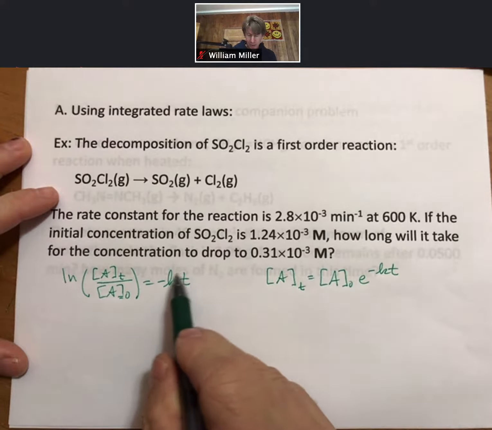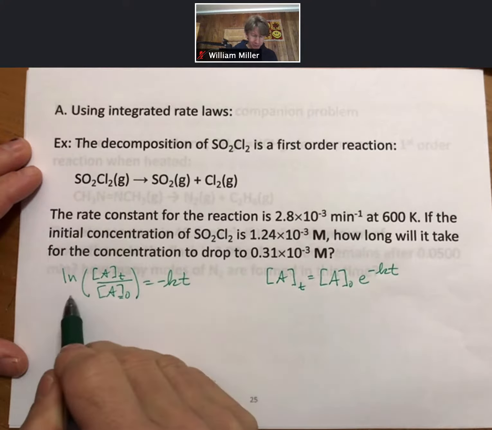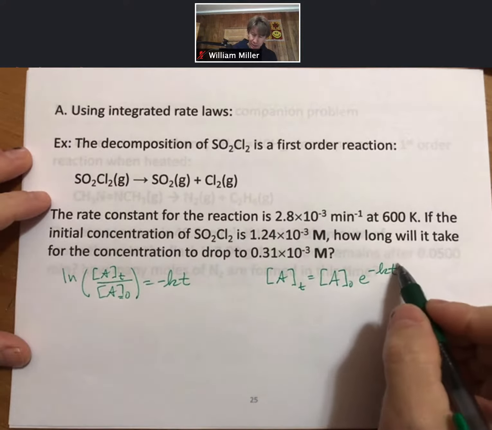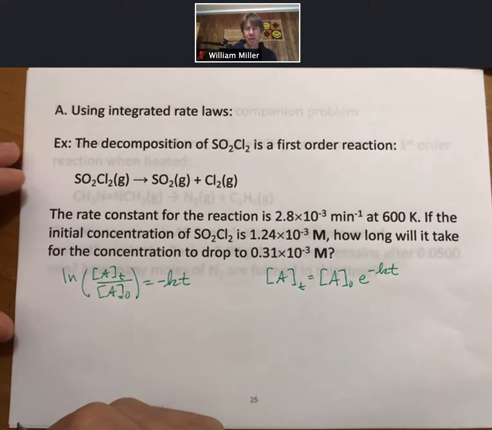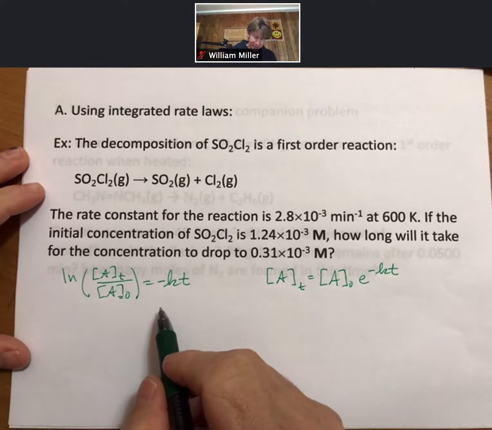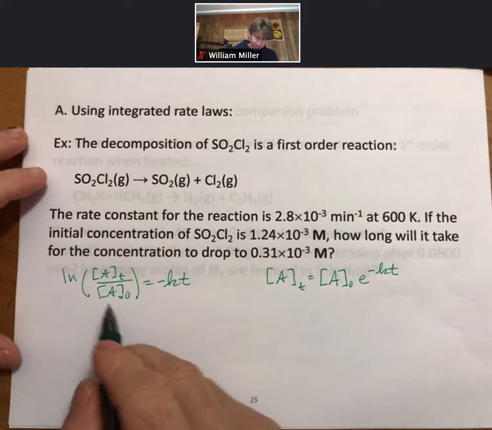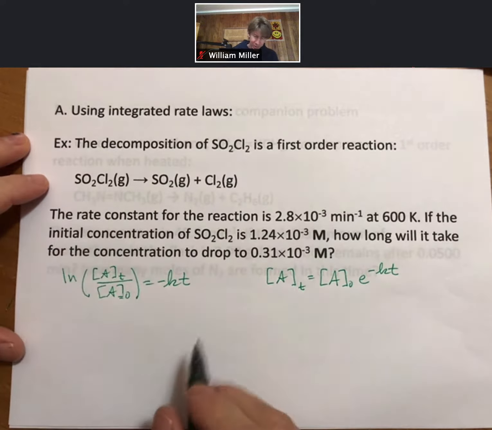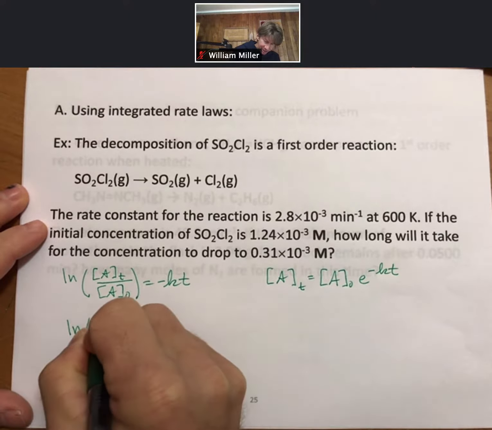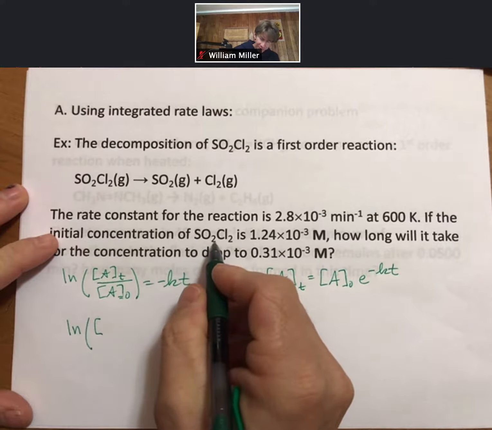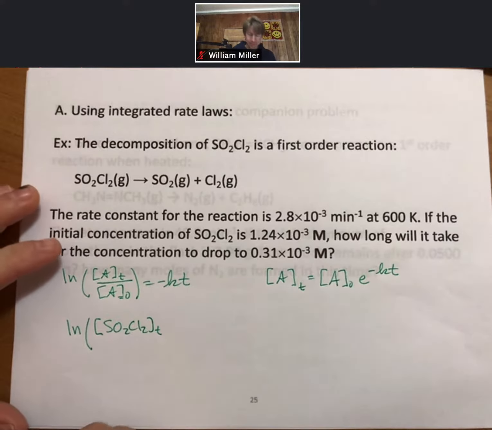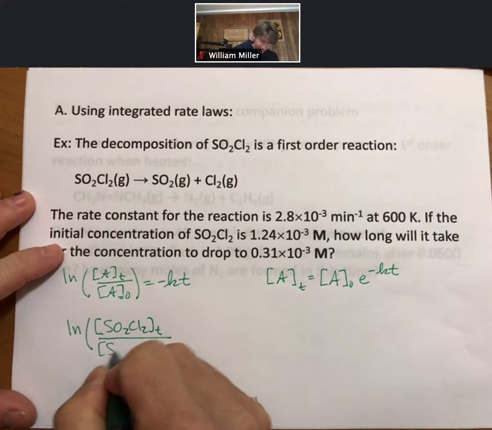In particular, because we're solving for t, the version with natural logarithms is going to be helpful to us now. We'll see other ones where we're given t and asked for the concentration at some time, and we'll use the exponential version. So let's see if we can fill things in here. We can just use A's, or we can use the actual substance. So we could personalize this for this problem by saying the concentration of SO2Cl2 at some time over the concentration